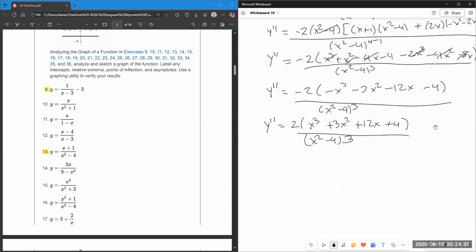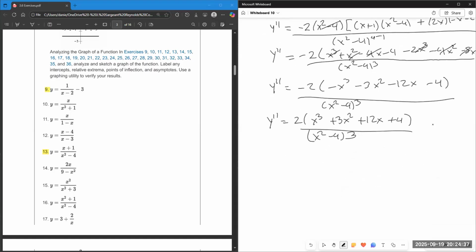I will need to use my calculator to figure this out, but y double prime is equal to 0 when x cubed plus 3x squared plus 12x plus 4 equals 0. There's no way that I'm going to factor that, or I don't have a nice cubic formula that I know in math to take care of that. So let's pull up the calculator here